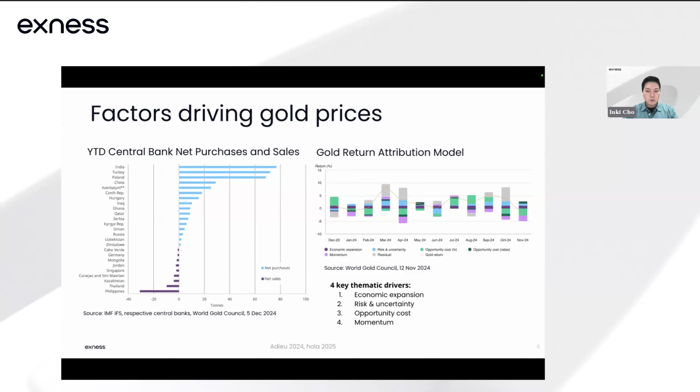And this year, the gold rally continued due to the emergence of geopolitical risks, increased demand for gold from central banks around the world, the monetary policy easing from the central banks, and inflows into gold-linked ETF products. And the market predicts that gold will continue to rise this year and into 2025 as demand for safe haven will continue to flow. And we will look at more details in a later slide.